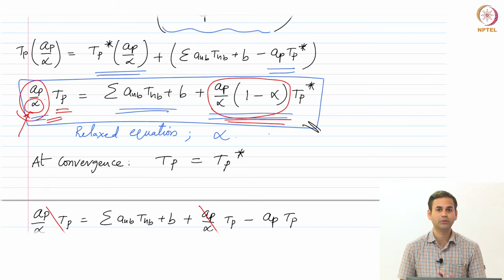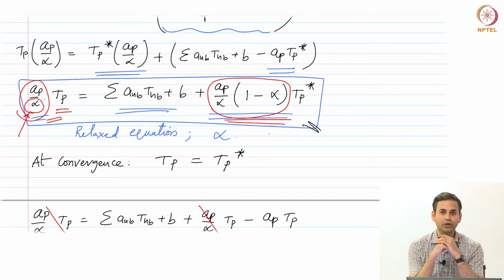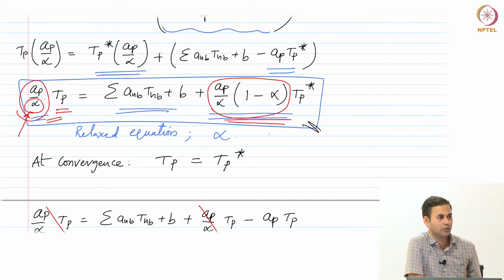Essentially, there is no upper limit, but the issue is if you use very large values, it will just diverge. That's the thing. The solution will diverge. Usually, you don't see more than like 1.2 or 1.1 because it's adding 20% more than what it is supposed to be, right?